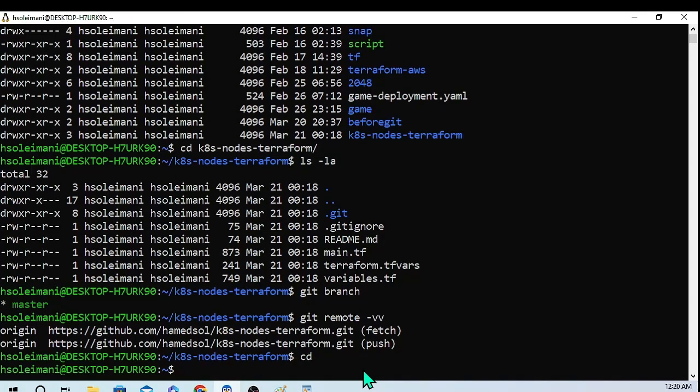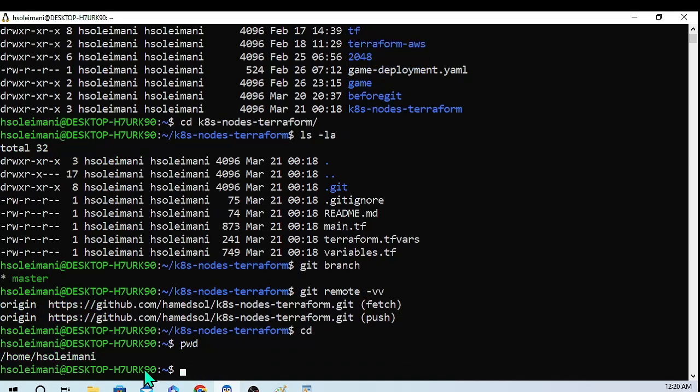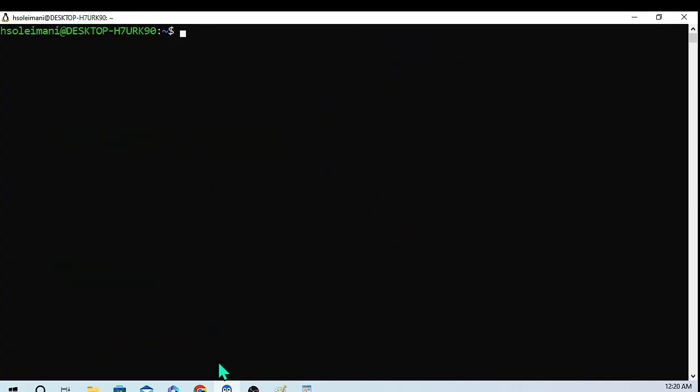Once you run cd, you will get back to your home directory. If you run pwd, you see that you are in your home user directory. So clear, and then